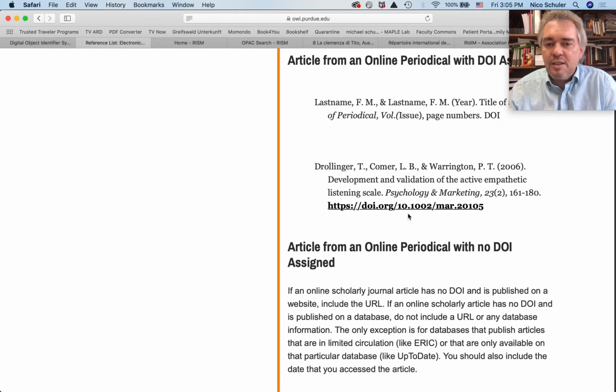How do you find them? Well, they're usually listed in the article themselves. If the article has a DOI, then they're probably printed there, or if they were attached to the article later, you may find it in a database listed. So it is nowadays